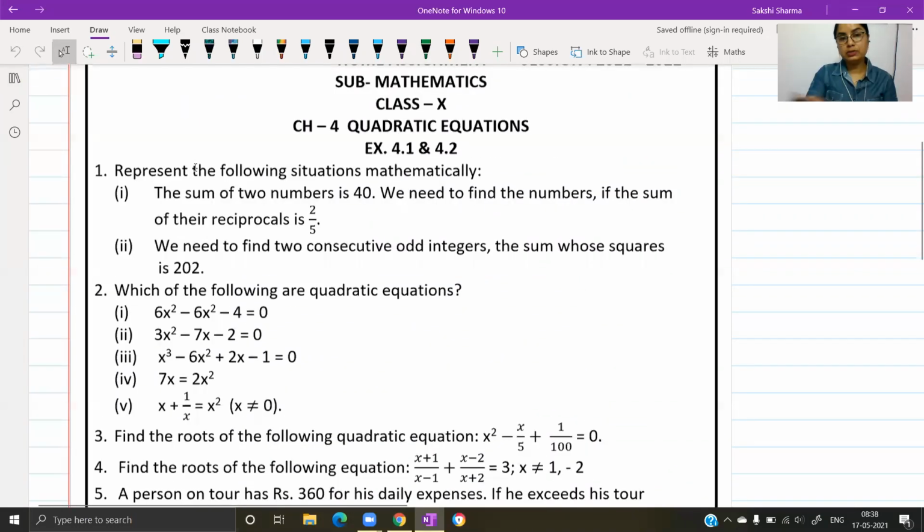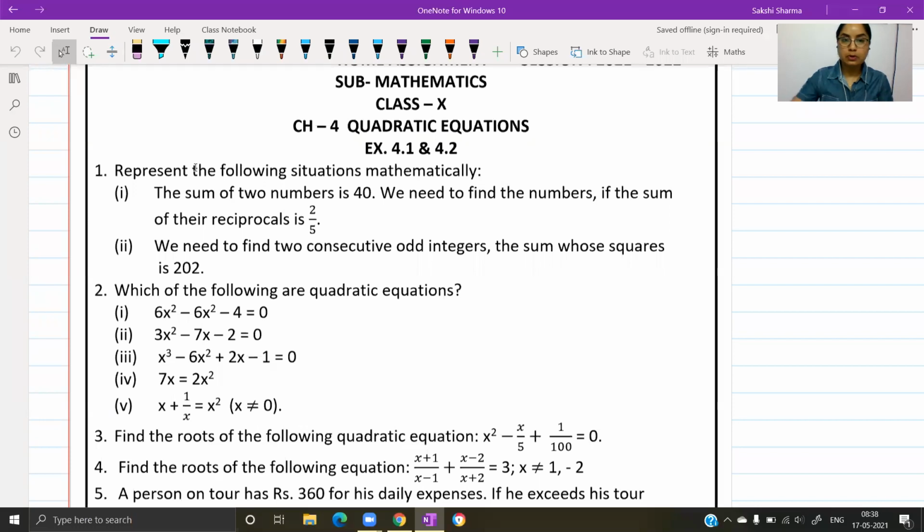This is the assignment based on exercises 4.1 and 4.2. Although I think a few of the questions are from 4.3, but it doesn't matter. आप simplify कर सकते हो उनको. जो आपके situational problems हैं, वो आपको जैसी भी दे सकते हैं. Doesn't matter कि आपकी exercise 4.3 में से या 4.2 में से हैं. They have only separated them because we will be working with a different method to solve them. Otherwise, कोई भी आपको statements आ सकती है, which could be represented as a quadratic equation.